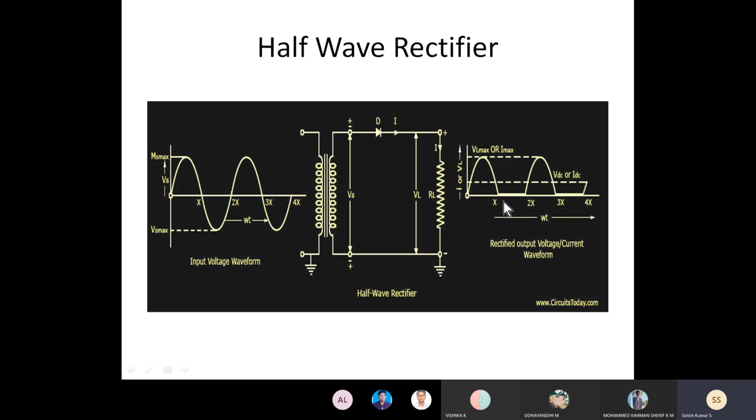So it will be maintained. In the reverse bias, the output will be maintained at zero value. It acts as an open circuit. Similarly, in every positive half cycle the diode will conduct, and in every negative half cycle it won't conduct. So alternately, the positive cycle is conducting and the negative cycle is zero. This is our half-wave rectifier input and output waveform with the circuit diagram.